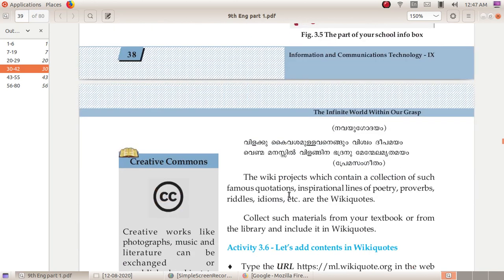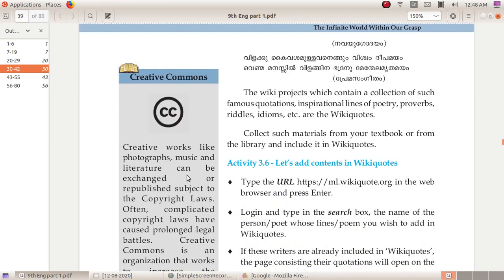The wiki project which contains a collection of such famous quotations and inspirational lines of poetry, proverbs, riddles, idioms, etc. is Wikiquote. That is Wikiquote.